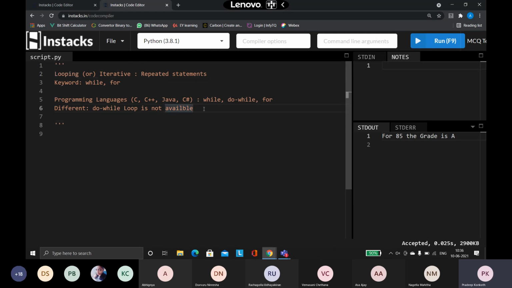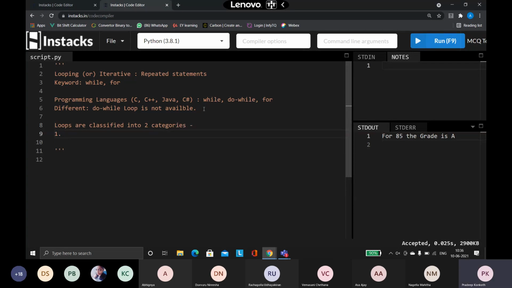Before going into looping, you just have to understand that loops are classified into two categories. What are those two categories?